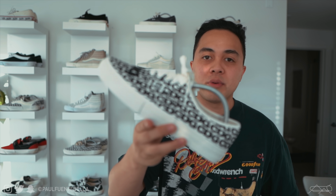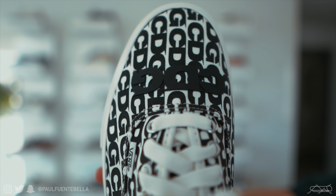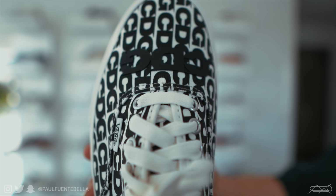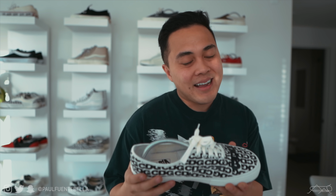Next up, we have a sneaker that is actually slept on right now. They actually just released 2 restocks, I believe, and they're widely released in Japan. But we have the Comme des Garçons VANS here. Just a really sick color. I love that aspect, that bold CDG logo, the rubberized. Super, super sick. They do remind me of the OG Fog VANS, which isn't necessarily a bad thing,